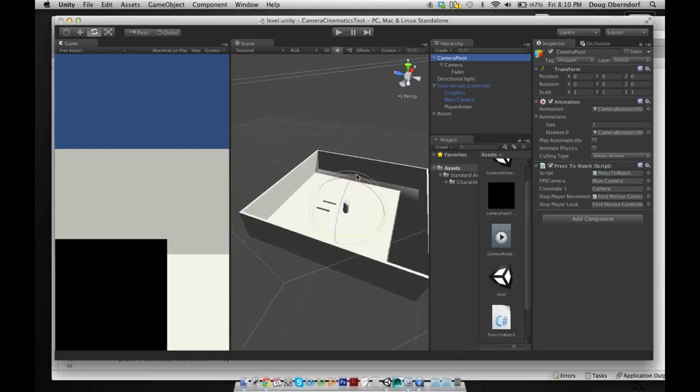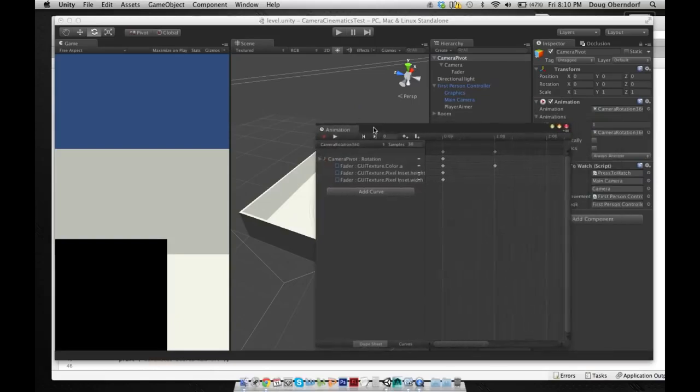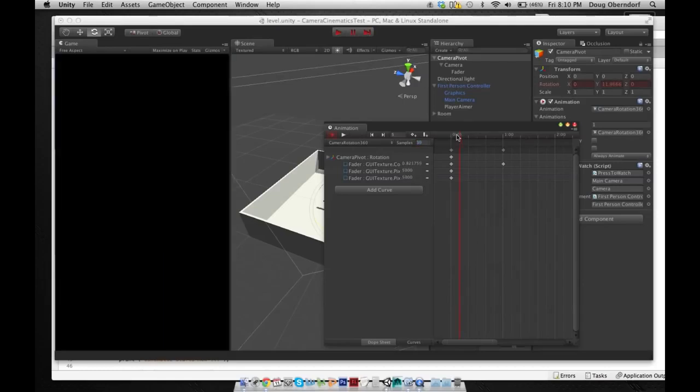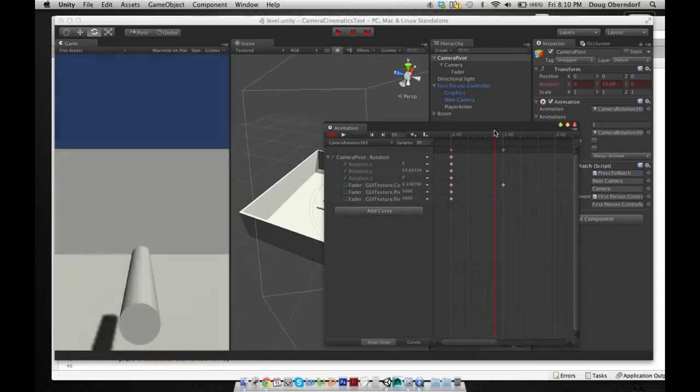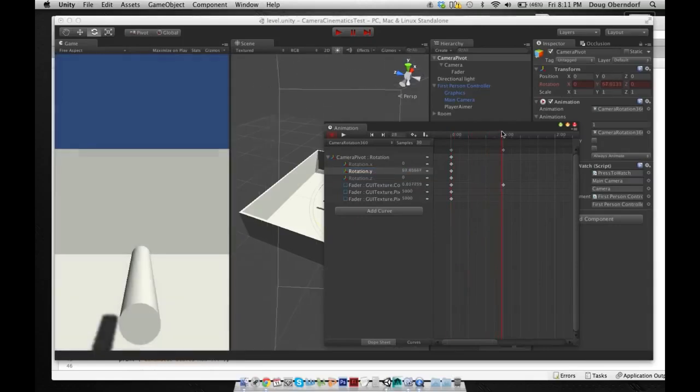When we created our animation, we selected the camera pivot, and we went to Window, Animation, and we created our own custom animation. You can see under the samples we're doing 30 frames per second, and at keyframe 0 here, let me open this up, where is it? The Y rotation. Okay, so we've got a keyframe on the Y rotation at 0, and you'll see here at 1 second